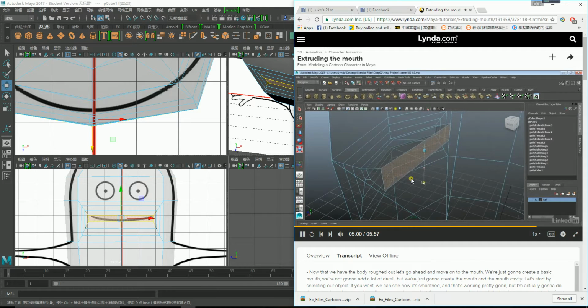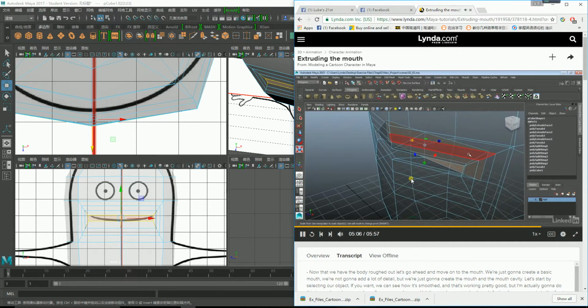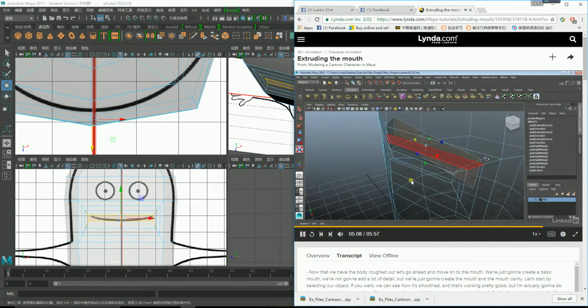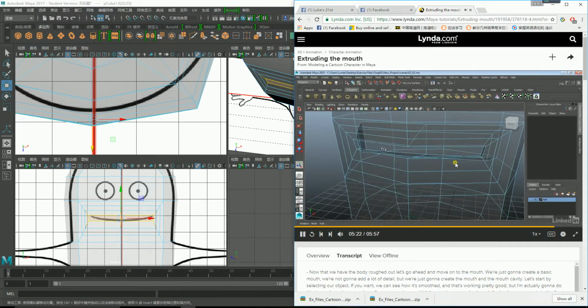I'm going to scale it vertically and a little bit horizontally, so that the mouth cavity kind of goes in and has a little bit more of a cavity. And then I can do one more extrude. And then I can also scale that extrusion. So now I've got the basis of a mouth cavity. I don't really need the full